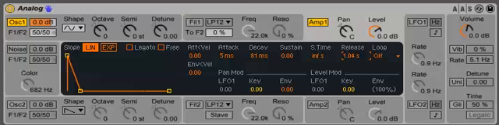Today I'm going to do a little tutorial for Introduction to Music Production through Coursera.org. What I'm going to discuss today is the Amplitude envelope on a synthesizer. In this case, I'm using the analog synth from Ableton Live. We're going to be discussing this right here, which is the graphical representation of the Amplitude envelope, otherwise known as